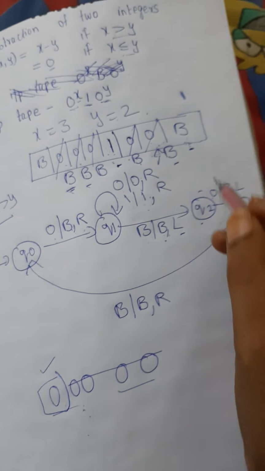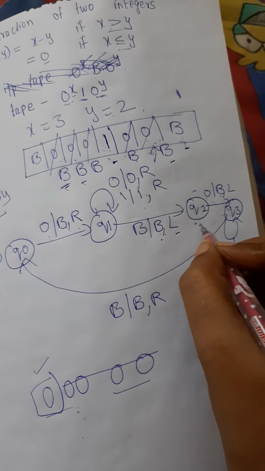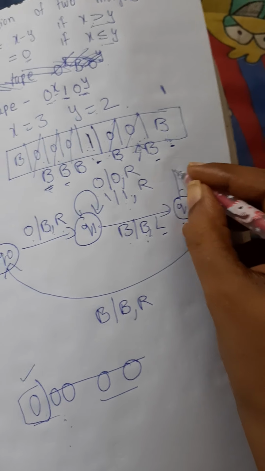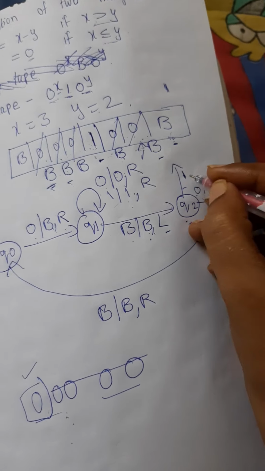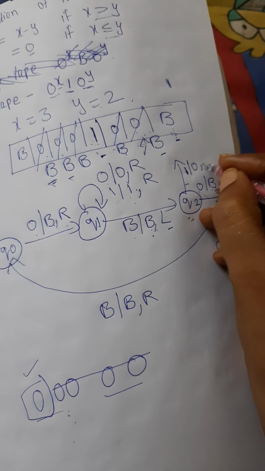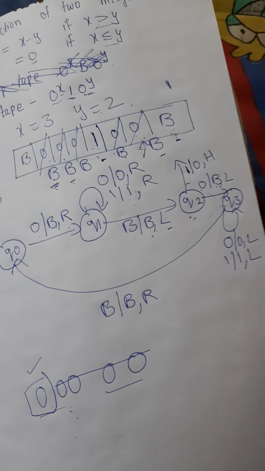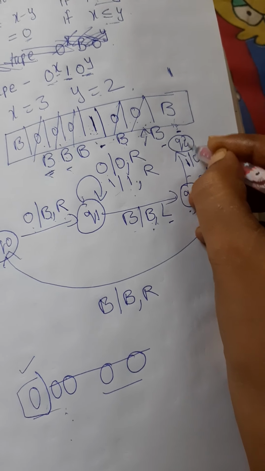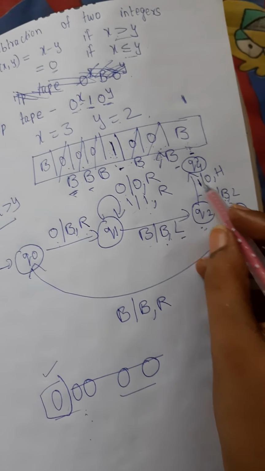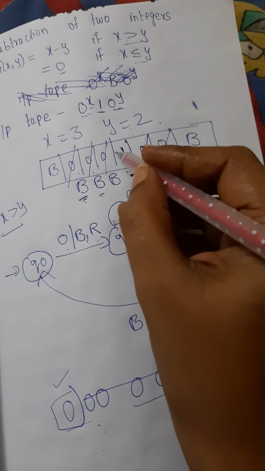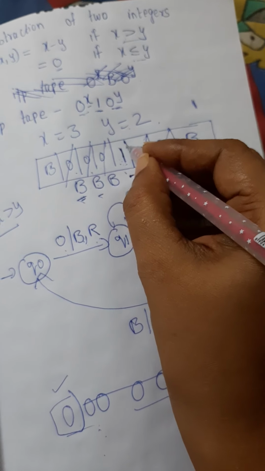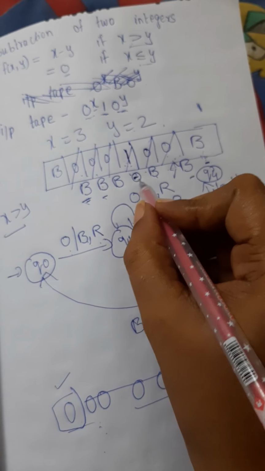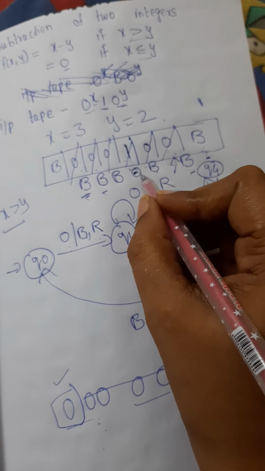So now we are at the Q2 state, right? At the Q2 state, when you see 1, you make this a 0 and you halt. So let us take this state as Q4 now. You make this 1 and you make this, let us make this 0. Now finally, what do you have on the tape now? You have a 0 on the tape.